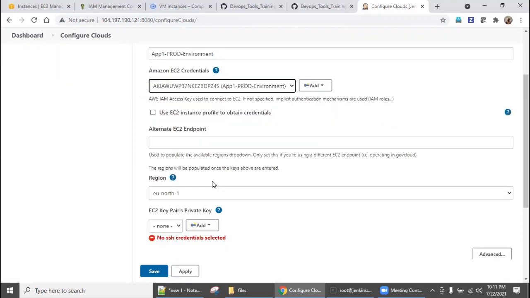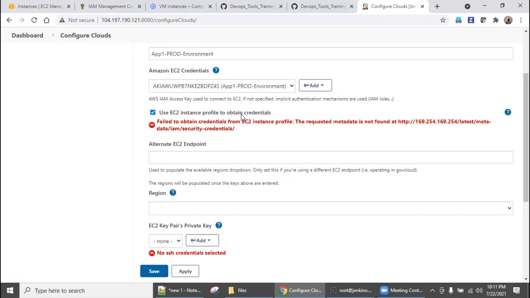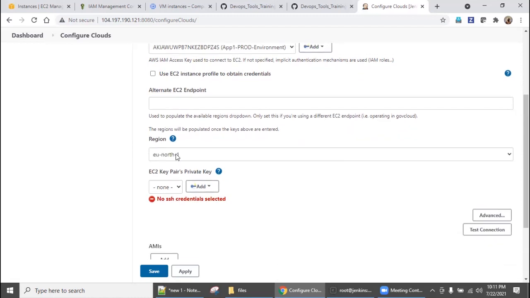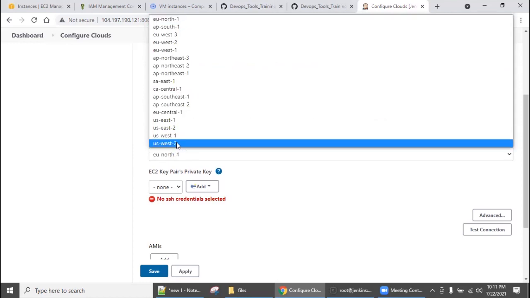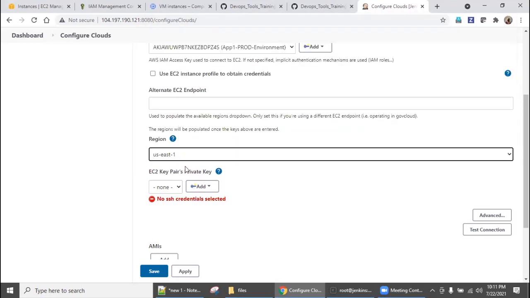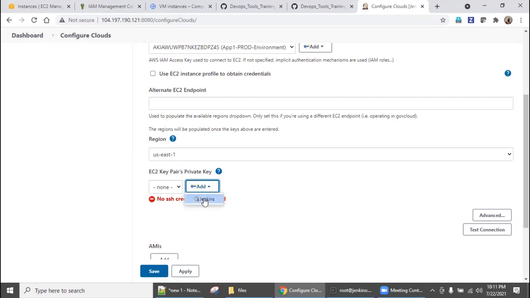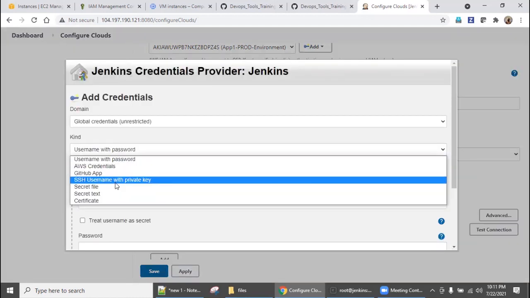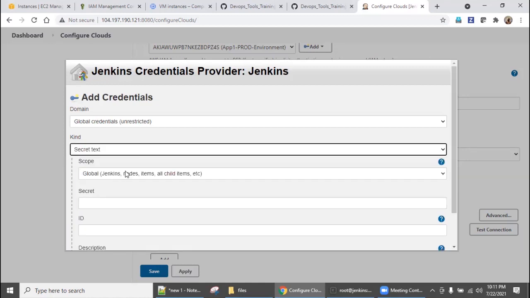So come down. Use EC2 instance profile to obtain credentials. If you have it, you can give this, but we can go with region US East 1. I'm selecting US East 1. If you want, you can select any region, right? EC2 key pair private key. So click this and say Jenkins. We have our secret text, right?